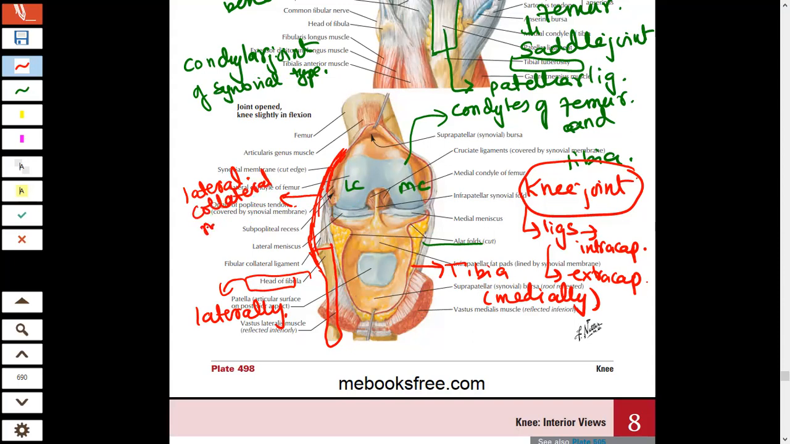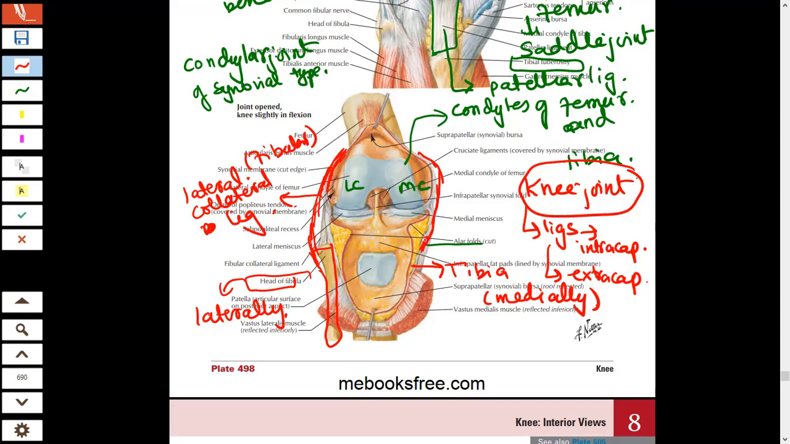Lateral collateral ligament. Okay, so this is your which ligament? The lateral collateral ligament. Or you can also call it the lateral fibular ligament because it is attached to the femur bone and laterally it is attached to your fibula bone. Second ligament which is present here